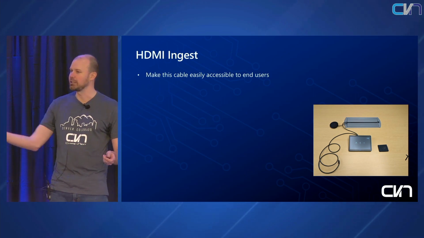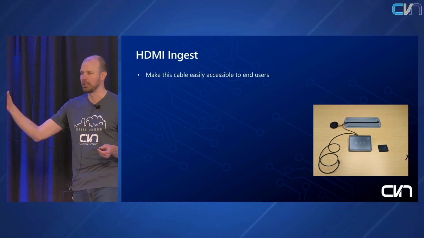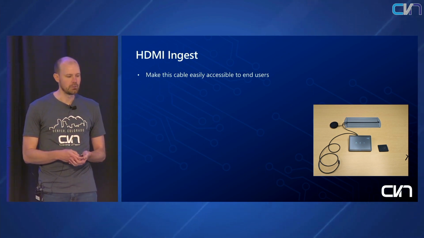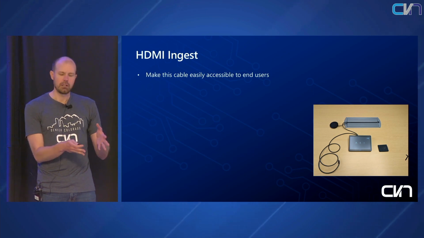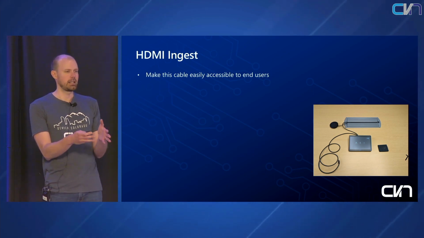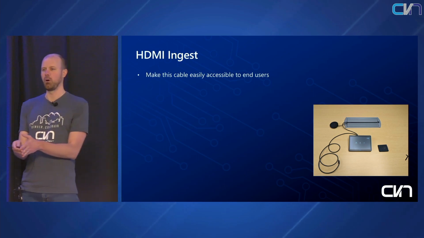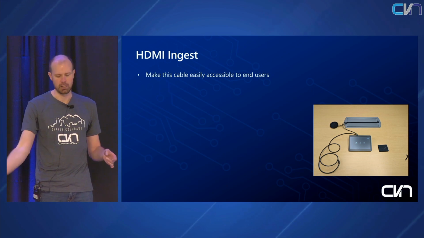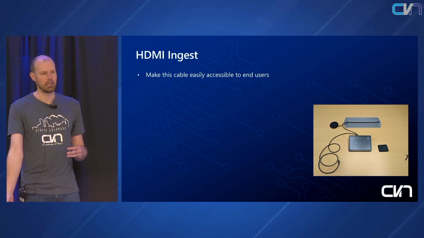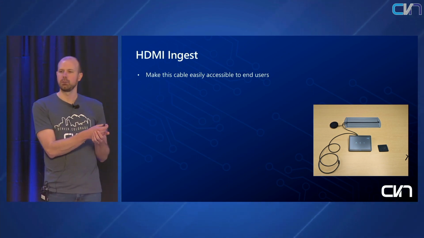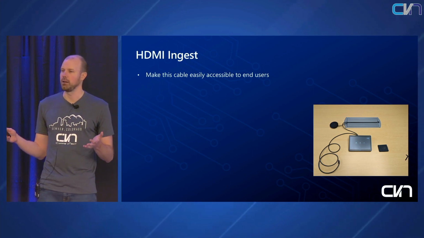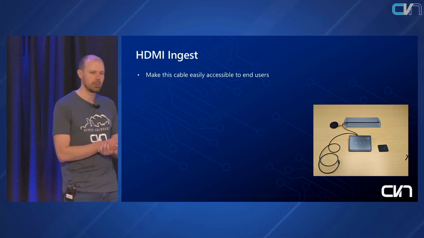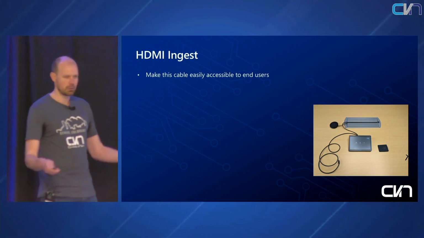Obviously, we're not going to be stringing cables across the room from our compute device for that HDMI ingest cable, so let's keep it clean. I've seen solutions where if we're going to mount a touch screen on a wall, again, we're not going to hang an HDMI ingest cable off of a wall mount. So what do we do with that cable? We can run it back through the wall. We can run it to a floor plate, or a wall plate. We can run it back underneath the floor to the table. Quite a few options for that, but just something to consider. Again, we want to keep it clean. We don't want cables strung across the